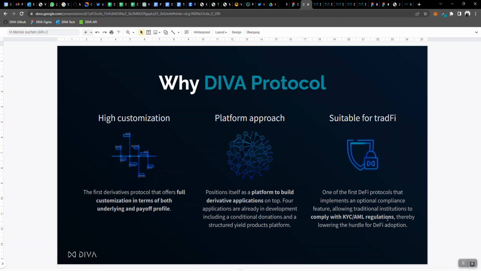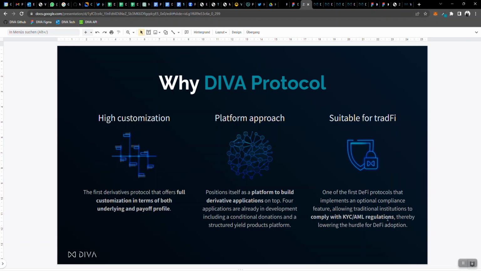And then there's a second group of protocols that we also count as our competition, which we refer to as option protocols. Opyn protocol is, for instance, one of them, which basically only allows you to issue traditional types of call or put options with a fixed linear payout, and the underlyings are also limited to assets that are native to the blockchain. So you couldn't use a weather index, for instance, as your underlying.